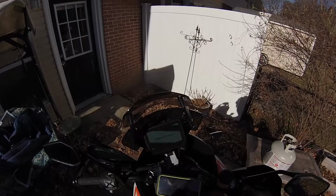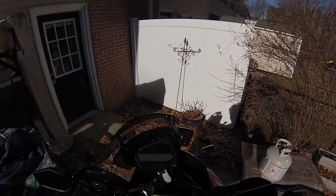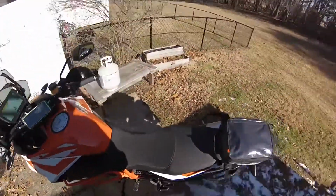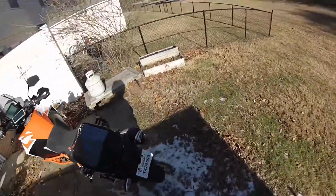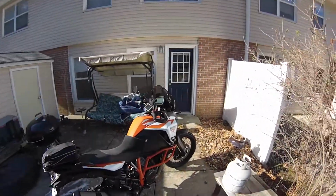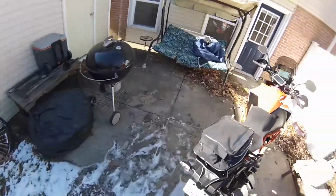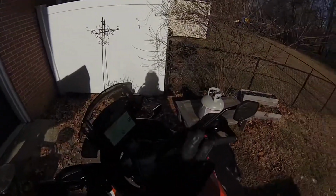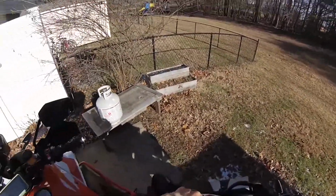Wait for the TFT screen to come up here. Let it warm up for a couple minutes. Again, first time. I'm going to go to the dealership and pick up my plates. It's been sitting in my living room since I got it because it's been cold here in Maryland. And again, haven't even broken in